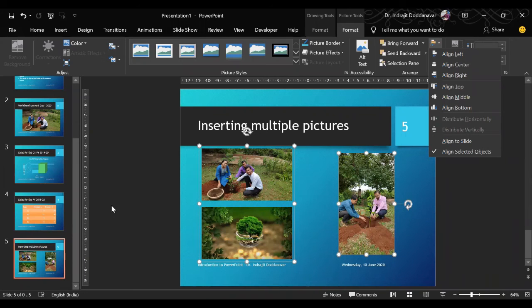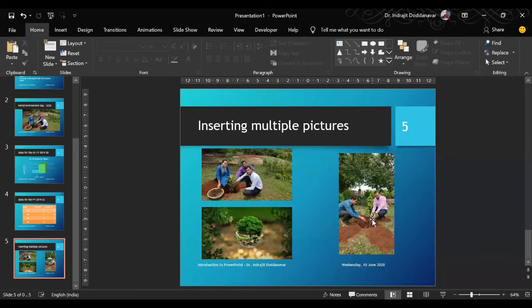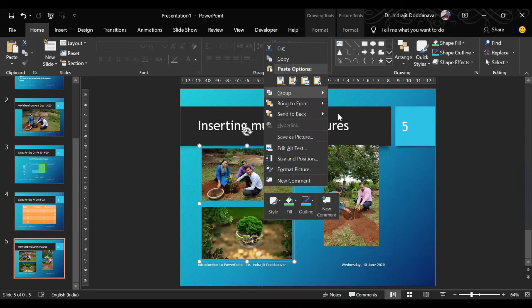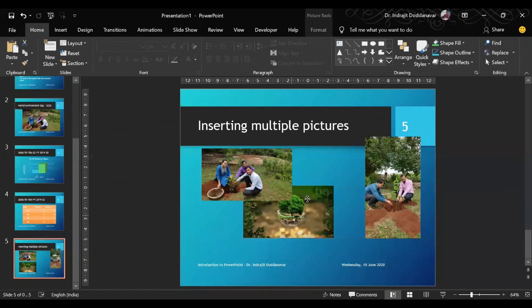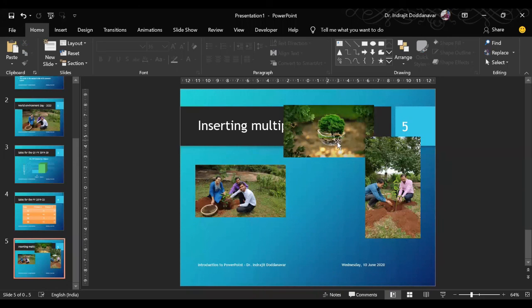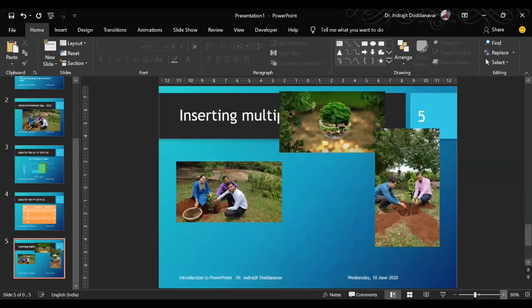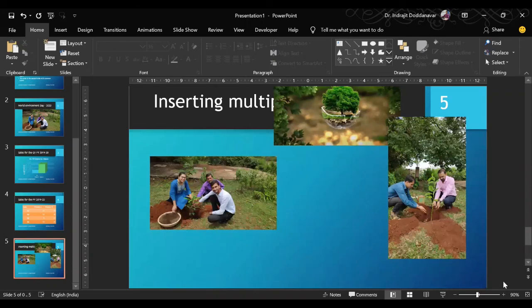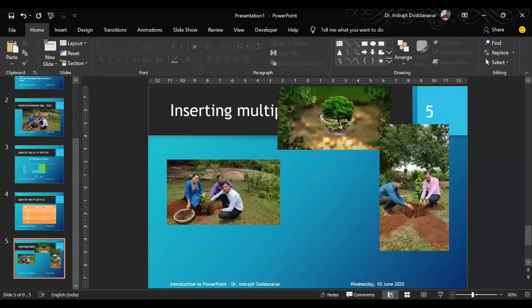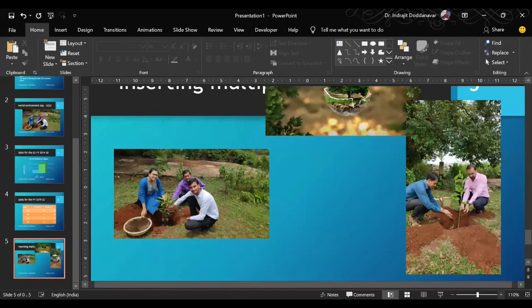Yeah. So I have also told you something about text boxes. So with text boxes, what I want to do, suppose this photo. So I right click, go to group, and I say ungroup. So I will ungroup these photos, and I want to give a title for this particular photo. If I want to give the title to this particular photo, what I'll have to do is first I'll have to zoom in. There is a zoom in and zoom out option here. So as you click the plus sign, you are zoomed in, and you click the minus and you're zoomed out. So by clicking plus, you are zoomed in.